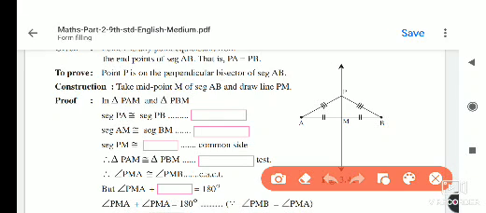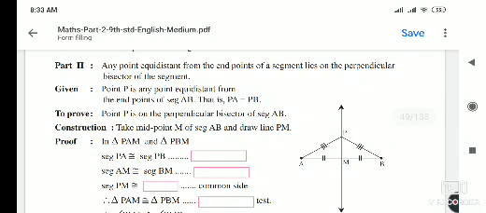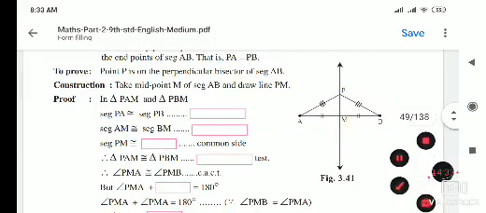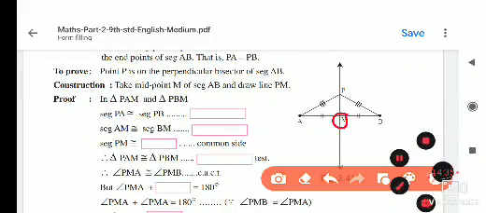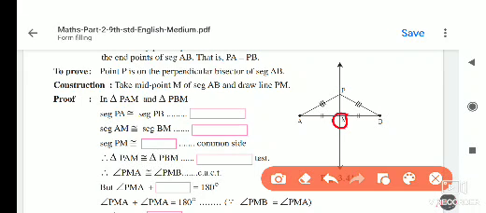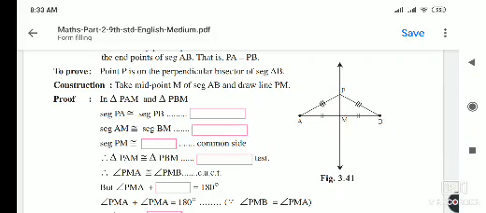Next, point P lies on the perpendicular bisector of AB. So here it is point P, and it lies on the perpendicular bisector, suppose we are taking it as line L. And we have to do the construction: take midpoint M of segment AB, and draw line PM. So we have to draw this line PM. Now after joining PM,